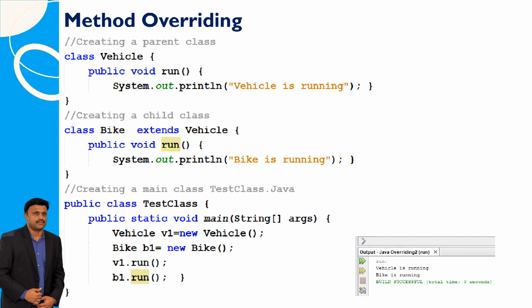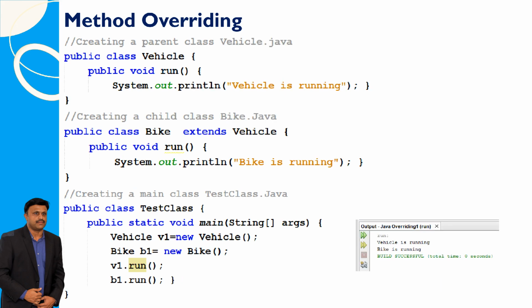superclass. In the example, a vehicle class is created with a run method that prints "vehicle is running." A bike class extends vehicle and overrides the run method to print "bike is running." In the test class main method, instances of vehicle and bike are created, and their respective run methods are called, demonstrating polymorphism where the method in the subclass bike overrides the method in the superclass vehicle. The above code is written as three Java programs named Vehicle.java, Bike.java and Test.java with the main class